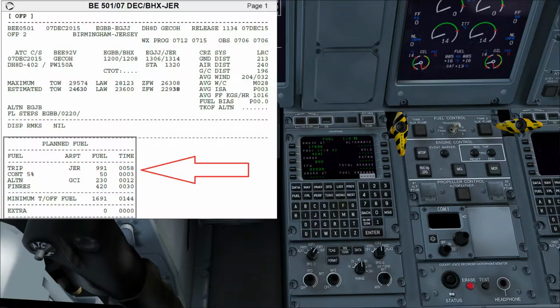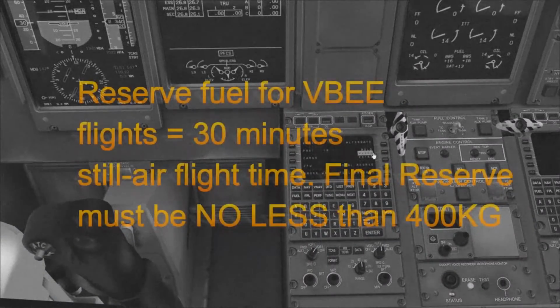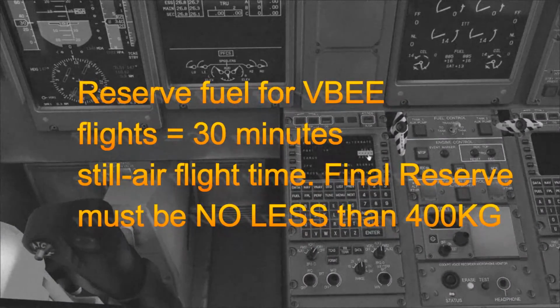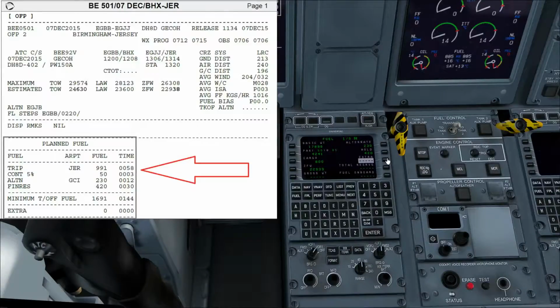To fill in the various fuel details, we then refer to the flight plan page. We have an alternate fuel, as we've discussed, which takes us from Jersey to Guernsey of 230 kilos. The hold function acts as the total reserve fuel, and as you can see that is a figure of 420 kilos. We've no extra fuel on board, so we can simply skip through that. And the total fuel on board,